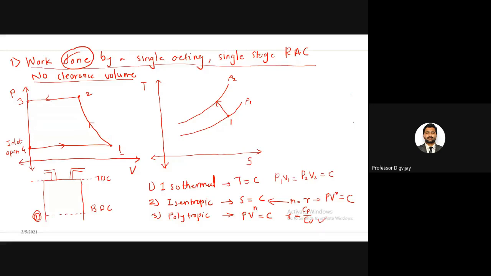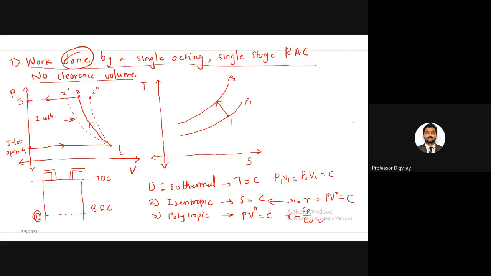Okay. So let us say this 1 to 2 here is polytropic. Then let us take another process and denote this point as another process. So we have three processes here: 2, let us say this is 2 dash and this is 2 double dash. The curve having less slope, this curve, is your isothermal curve.